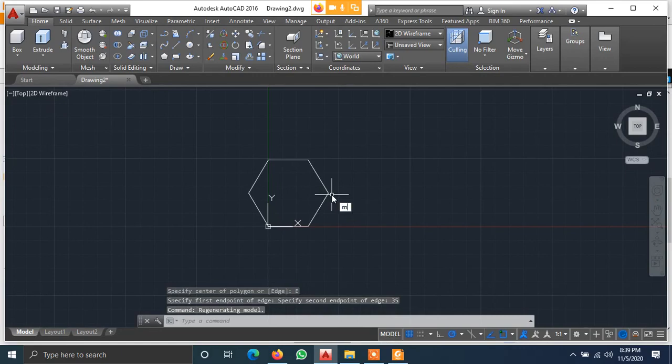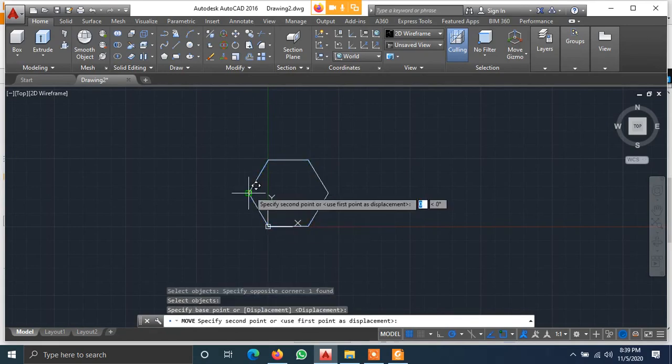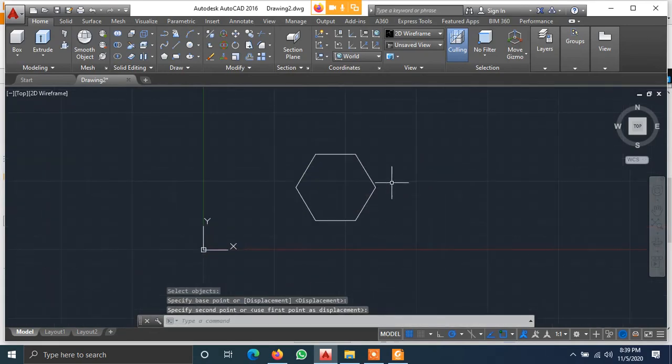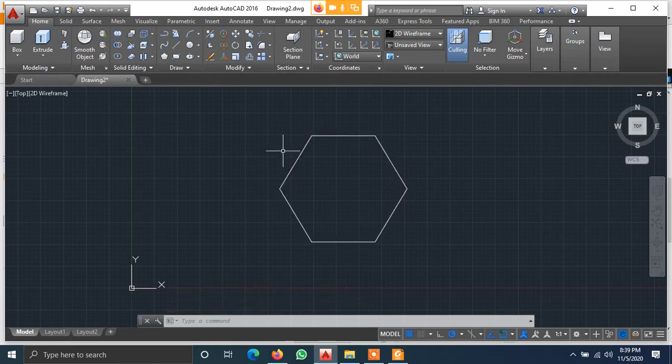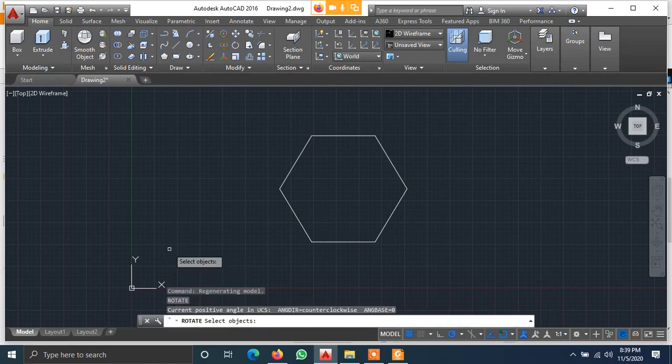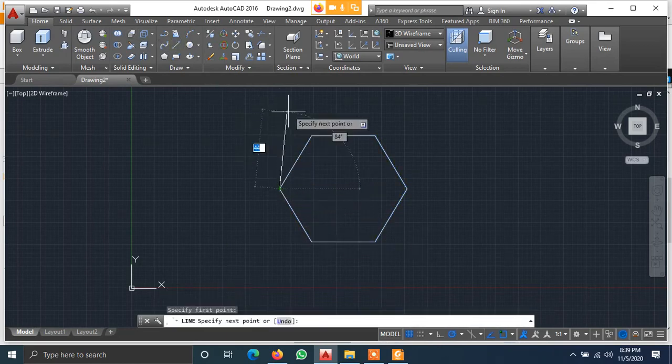Use the move command and adjust it in such a way that the base side, this side, is parallel to the wall. First, rotate it at this level itself. Select this object, then to get the parallelness, draw a line.